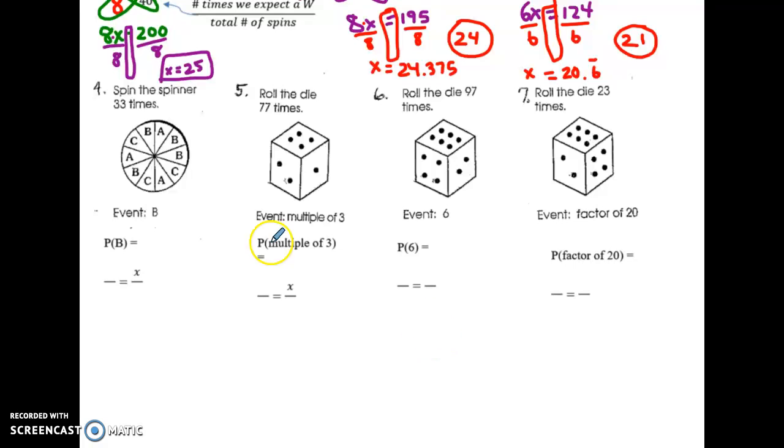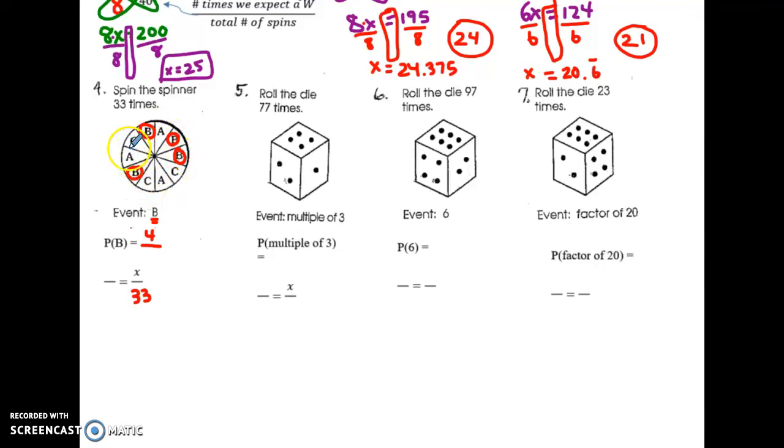I think I'll get you started on this last one, and then I'll have you finish number 5, 6, and 7. Let's see, number 4 says we're going to spin the spinner 33 times, so we'll deal with that by putting the 33 here, because when we're working on the prediction out of 33, we still need the probability over here of what event they're looking for. So we want to land on a B this time, so that means I want to land here, or here, or here, or here. So that looks like 4 sections out of, let's see, we have 1, 2, 3, 4,